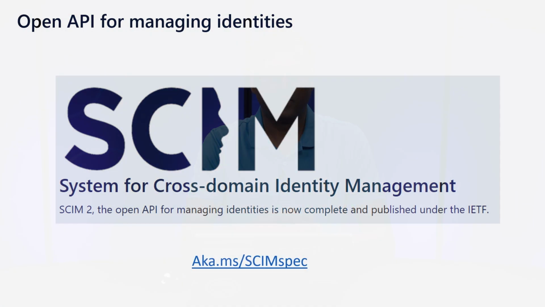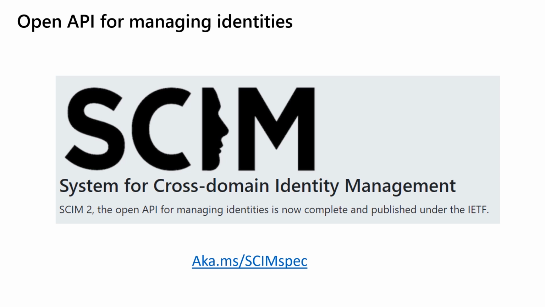Azure AD adopted this standard very early in 2016, and that's why Azure AD supports 1.0, SCIM 1.1, and 2.0. If you're developing applications inside your organization, or if you already have a SaaS application which is available for all our customers, then we highly recommend that you use the SCIM standard for enabling user provisioning and group-based provisioning.